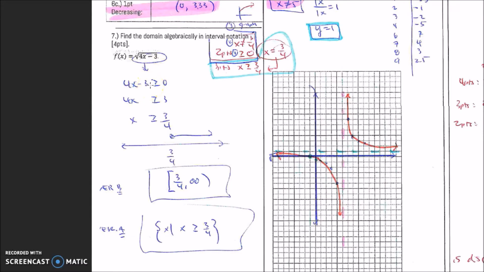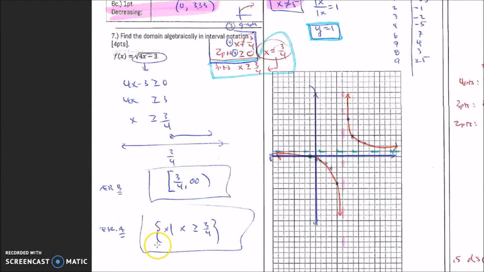The reason why I can do this is because I can have a square root of 0 or a positive number, but we cannot take the square root of a negative. It becomes complex. So I set it greater than or equal to 0, add 3, divide by 4. Now this says interval notation, so greater than or equal to 3/4 is including, closed circle, going towards the right. So this would be a bracket, 3/4, comma, or 0.75 to infinity, parentheses. That would be interval notation for, I believe,